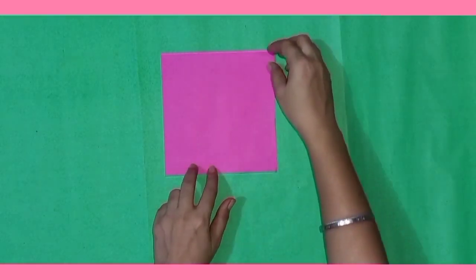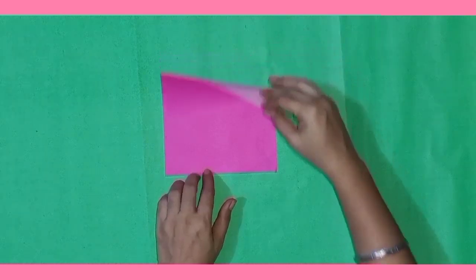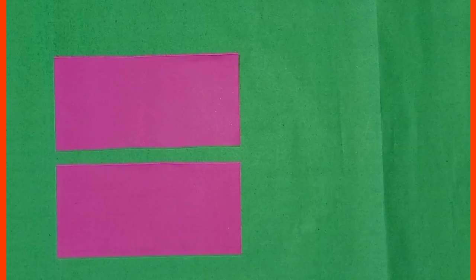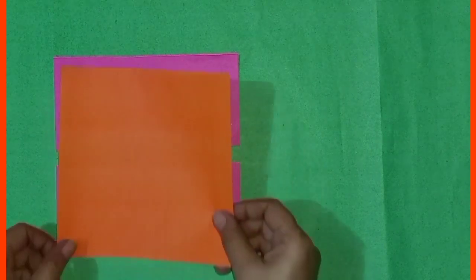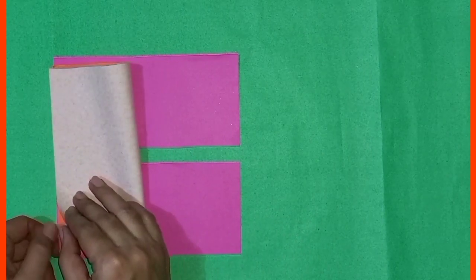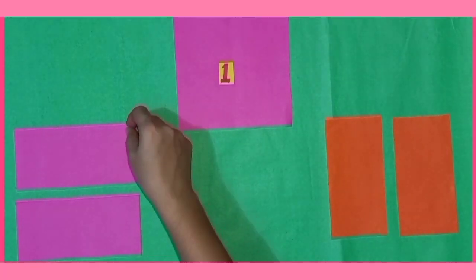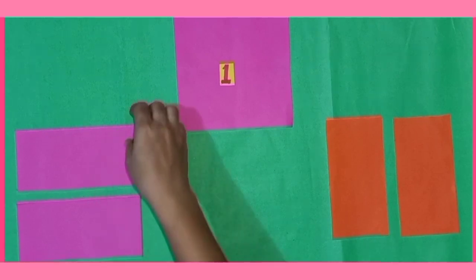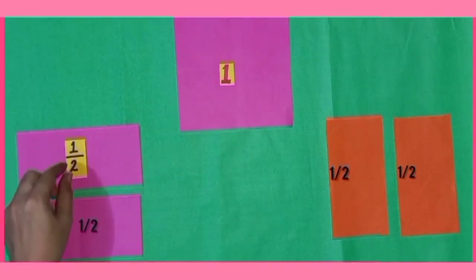Dear students, this square can also be divided into two equal parts like this. And a full square can also be divided like this from right to left side, and we can make two equal parts of it. So in this way, the full square is numerically 1 and the half part of it is numerically known as, yes, very good, 1 upon 2.